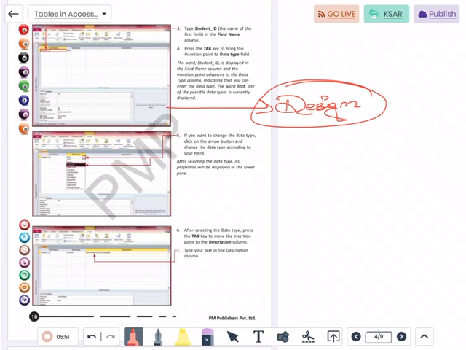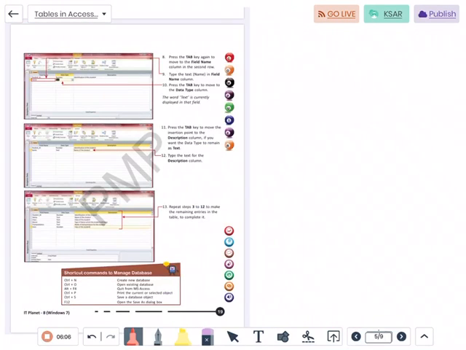Okay, so first we are seeing the design view here. So in the design view, one by one we are choosing the data type. Student ID is the first field, and followed by that we have given the data type here. It is best to give auto number as a data type and assign it as primary key. Okay, so in this way we can press the tab key. That means you enter the name of a field and then press the tab key and choose the data type and then give description against it.